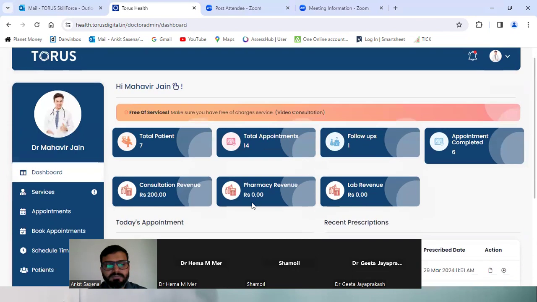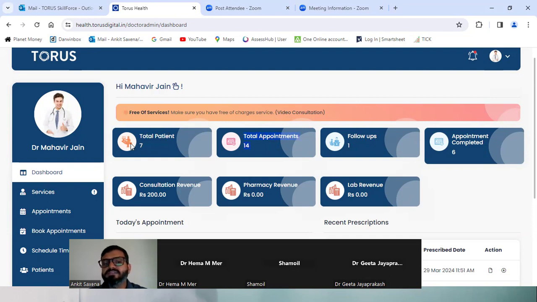Now, on the dashboard, you have total patients. These are the total number of patients that you have attended. Similarly, total appointments. These are the total number of appointments that you have taken. Now, friends, the number of appointments and the total number of patients might differ.